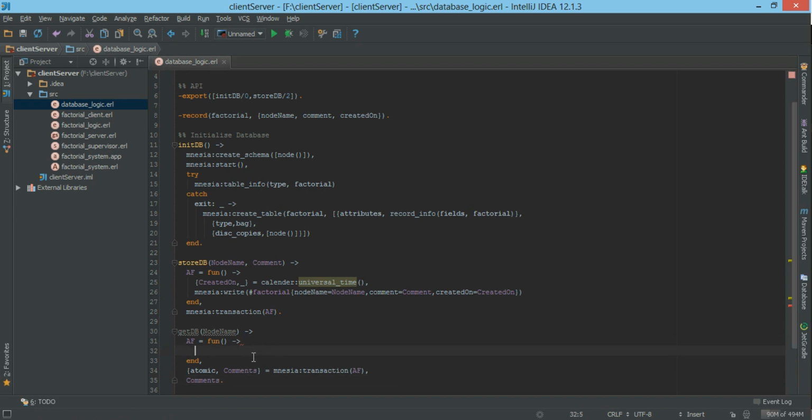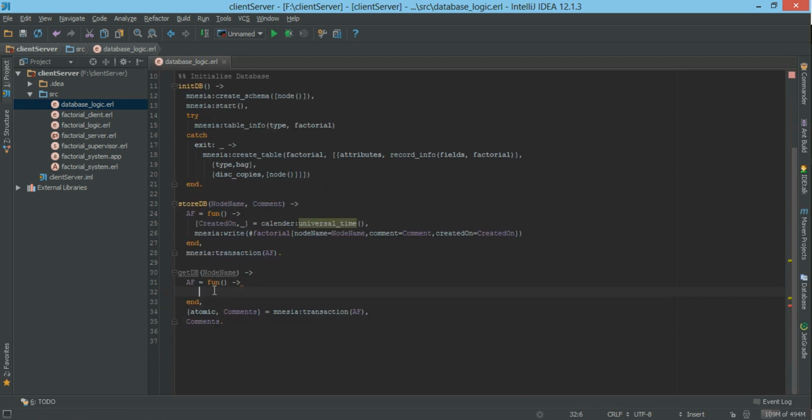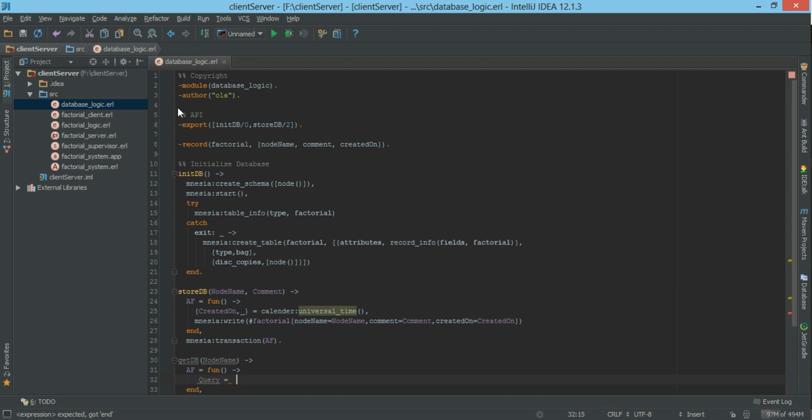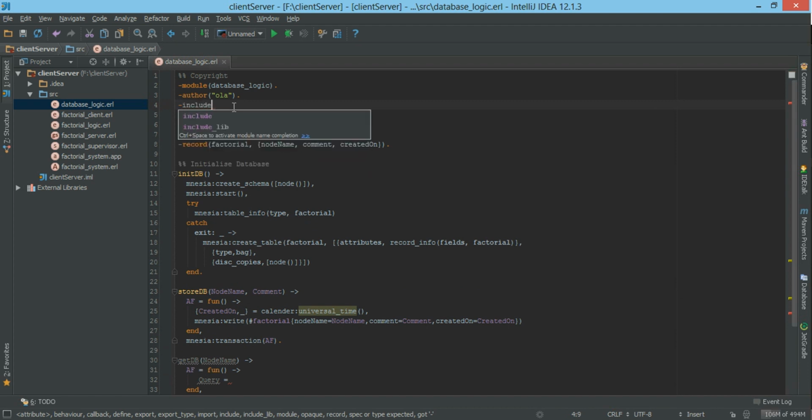Now let's get back into writing our anonymous function. We need to query the database for any record with the node name given into this function. So, query. In order to query, we need to import an external library, QLC, which is a query language. So before we go any further, let's import the QLC library by calling include_lib,